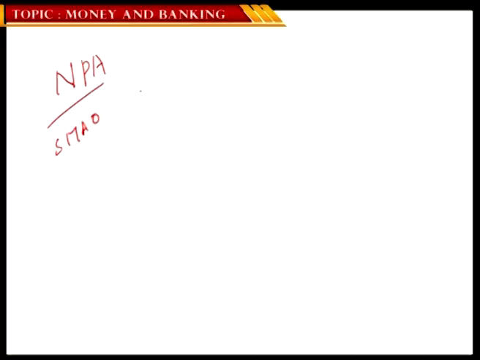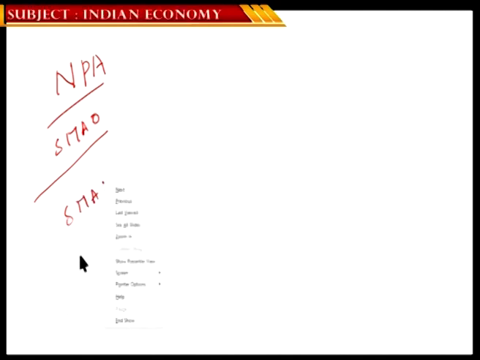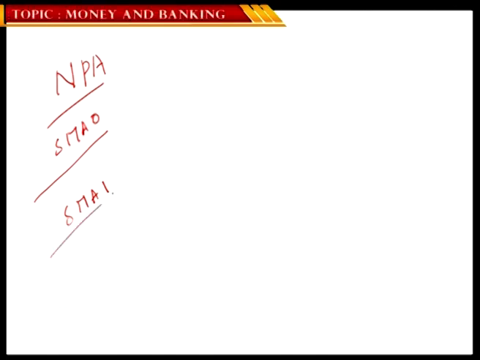They are generally categorized as non-performing assets. Typically in India, the practice is that for the first 30 days of the default, banks categorize them into special mention account 0, from day 1 to day 30. The accounts of these defaulters are categorized as special mention account 0, and then for the next 30 days, day 31 to 60, they are categorized as special mention account 1, and 60 to 90 they are categorized as special mention account 2, and if the default period is for more than 90 days, they are generally categorized as